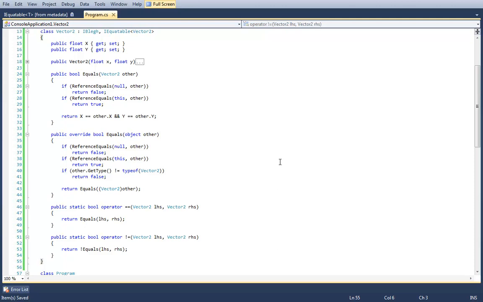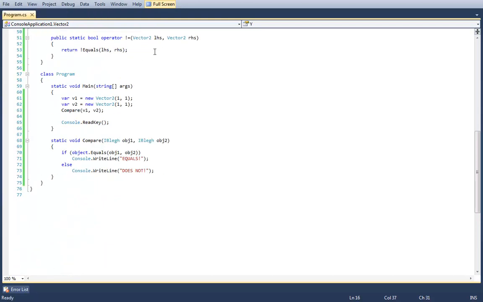What I'm saying is that you should think about what it is that makes two things equal. Two people are not the same if they share the same attributes, whereas two addresses are the same if they share the same attributes. Two vectors are the same if they share the same attributes. But two accounts in a database are not the same if they share the same attributes. So just keep that in mind.